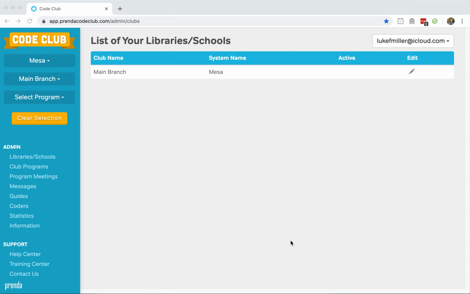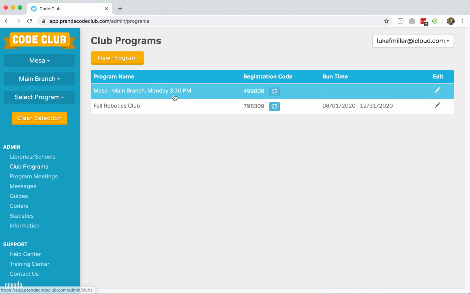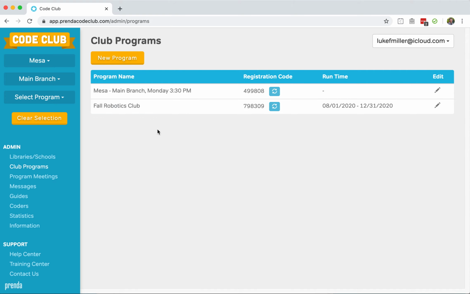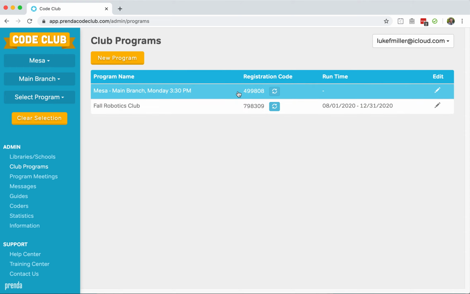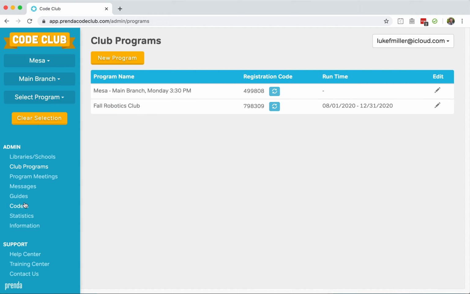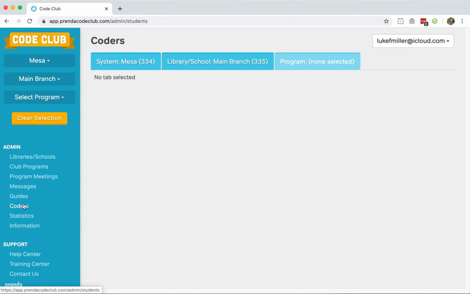About how to manually add coders to a specific program. I'm logged into my admin dashboard, and here I have a list of my programs that are available. I can either give the registration code to the coders and they can input that and be joined to these programs, or I can manually add them by going to the coders page,